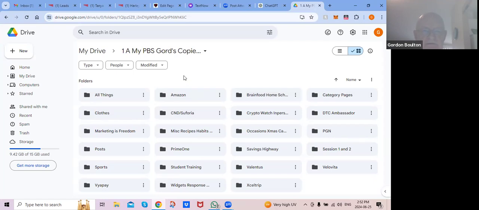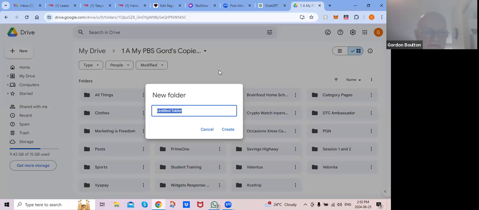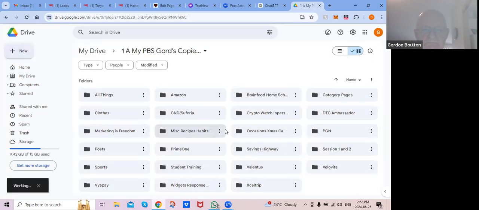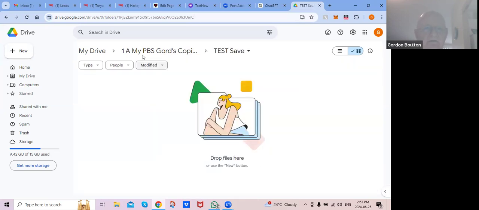Okay, so let's do one. I'm going to make a new folder. I'm going to call it test save. You're going to create that. And that'll come up. There it is there. Then I'm going to open that. Nothing's in there. How do I get things in there? I go to new